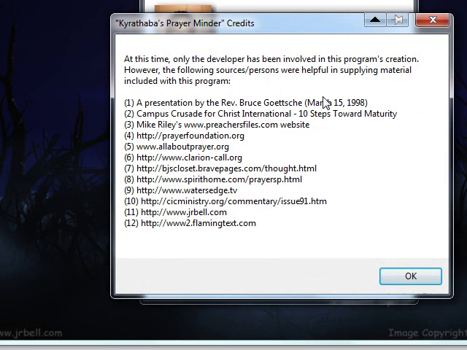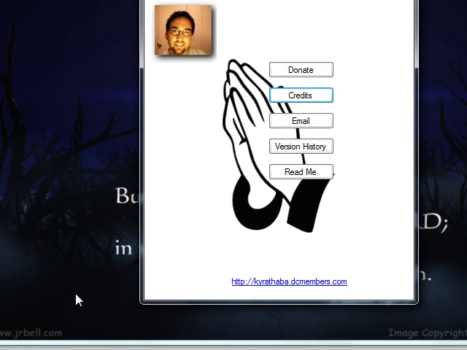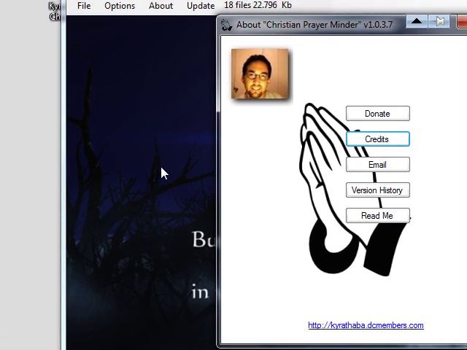The credit button shows credits for several sources I have used in the creation of the program. I'd like to draw particular attention to number 11, John R. Bell's website. John supplied several of the images that are used as the form's background. Every time you load the program, one of 20 images is selected at random and displayed as that form's background